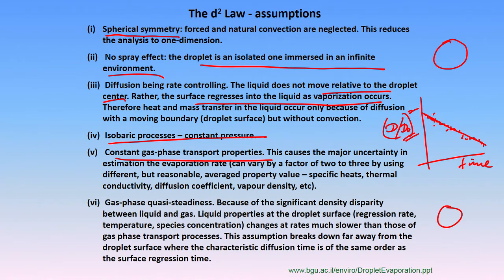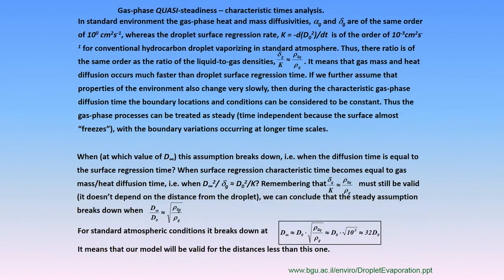Okay, so this assumption of course is not valid far away from the droplet, but at the droplet surface, that means the liquid properties change at such a slow rate compared to the vapor phase that we always see what we call a quasi steady kind of phenomenon. Okay. So, that we will see later in the next slide. So, the gas phase quasi steadiness, and let us prove that using what we call a characteristic time scale